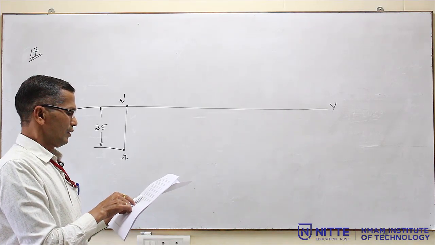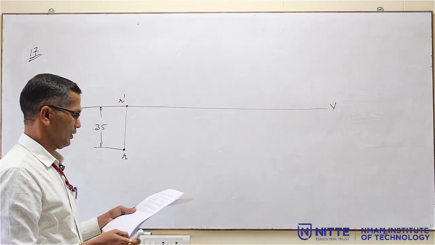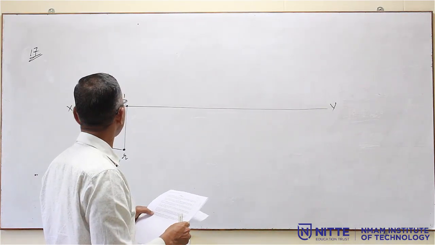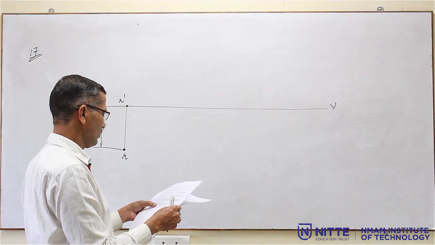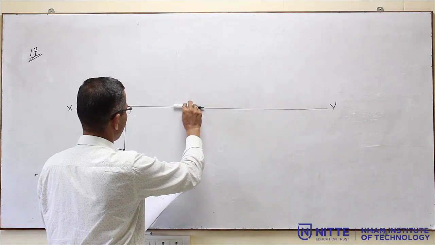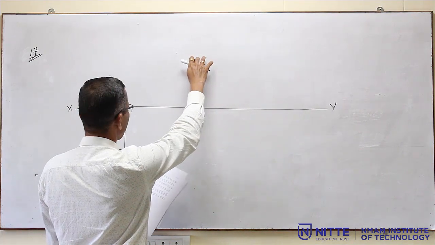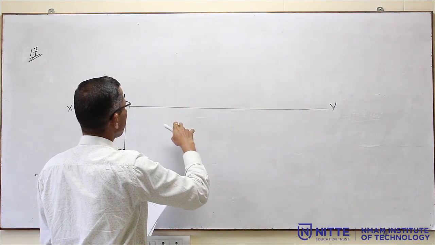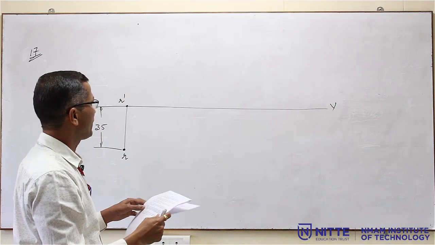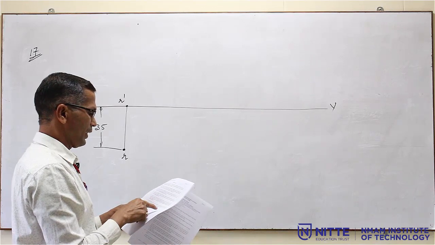Then S is 50 mm behind VP. Behind VP means second quadrant. So, that is the distance given from HP. It will be available in HP, 50 mm behind VP. Here the second quadrant means it will be above, or I can take it as the third quadrant, that means HP comes here, VP comes here. So, the selection is left to you, you can solve it accordingly, third quadrant or second quadrant. I will take it as the second quadrant.